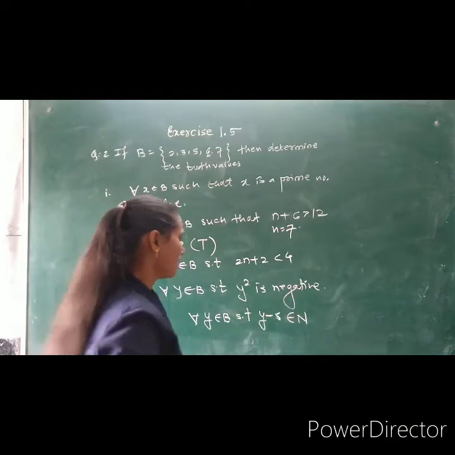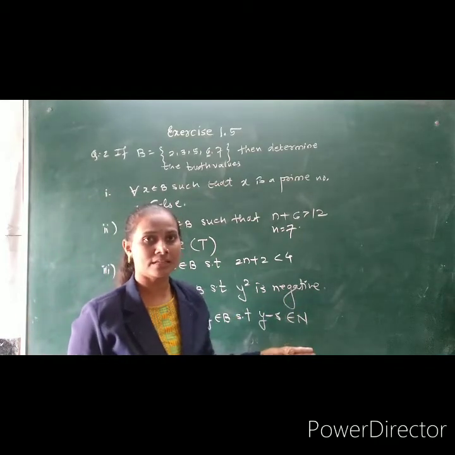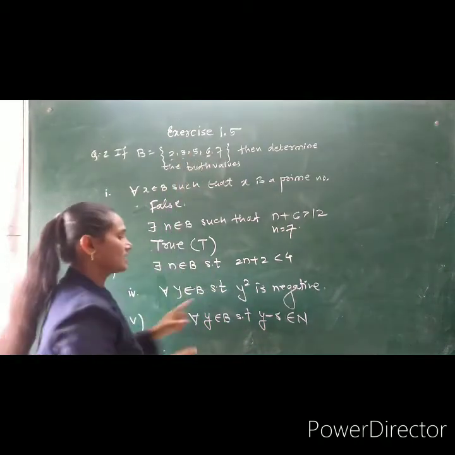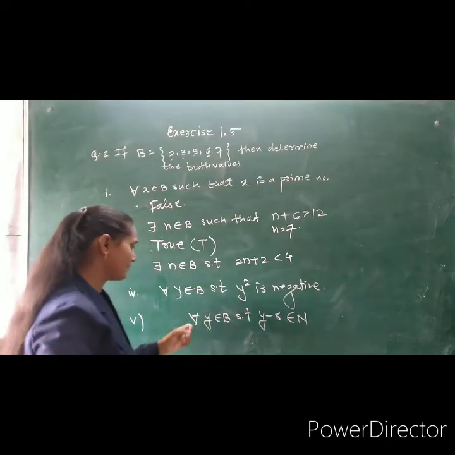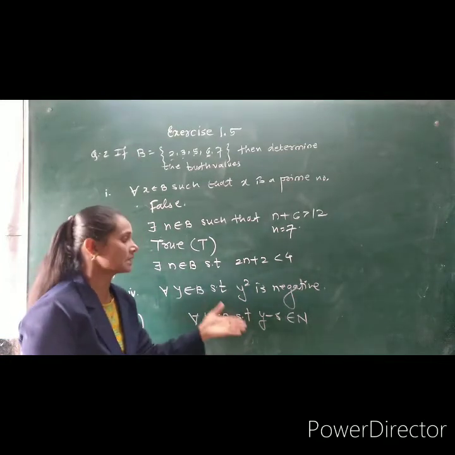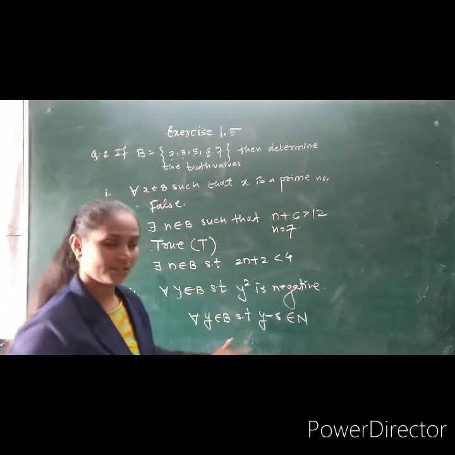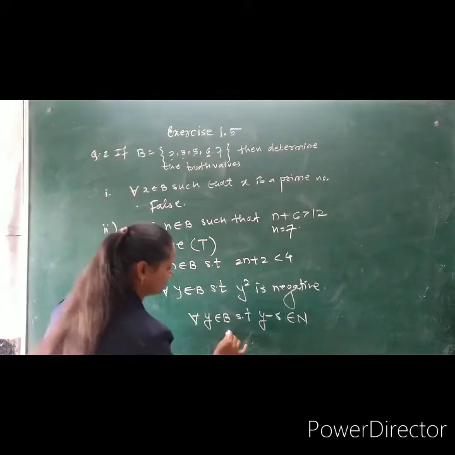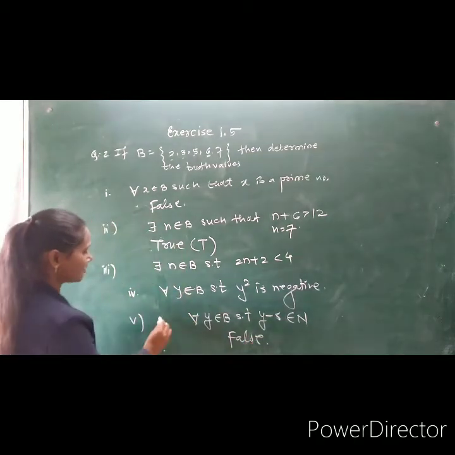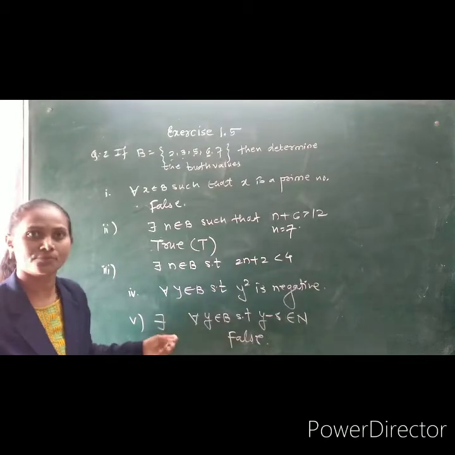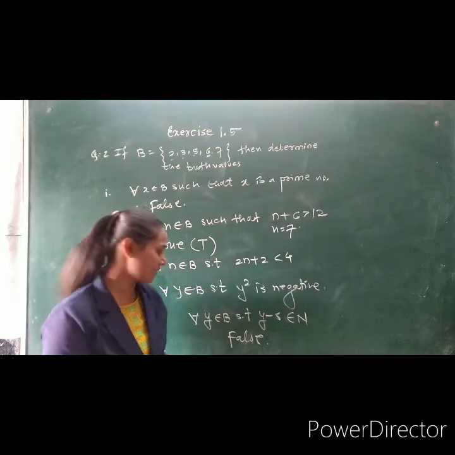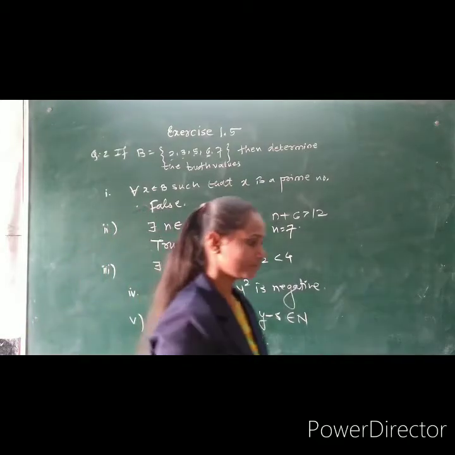7 minus 5 is 2. But only these two numbers, 1 and 2, are in the set of natural numbers. The other three values, 2, 3, 5, do not satisfy the equation, and the condition given is that all values in the set B satisfy this equation, but it is not true. Therefore, the truth value of this statement is false. But when this example is used for there exists, then it is true, because these two values satisfy this condition. But for a universal quantifier, this statement is false.